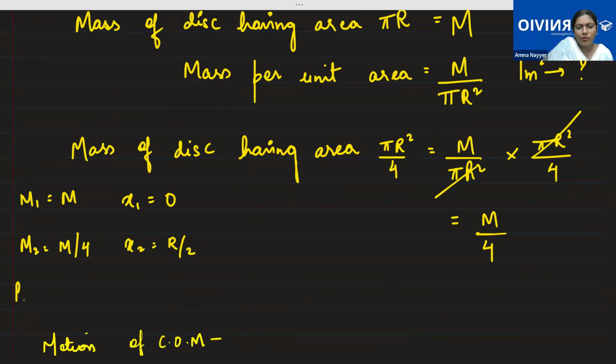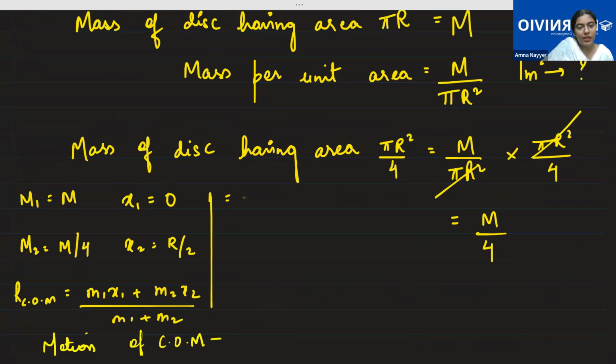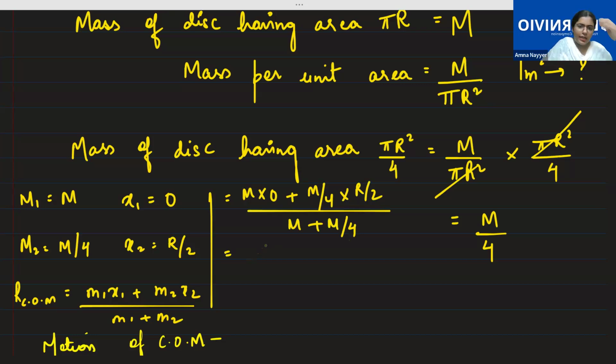Now you just have to calculate the position of the center of mass using m1 x1 plus m2 x2 divided by m1 plus m2. That will give us m into 0 plus m by 4 into r by 2 divided by m plus m by 4. This will make it m r by 8,